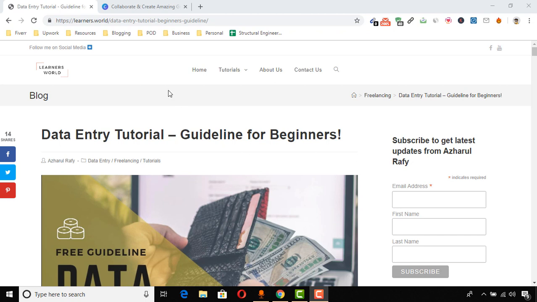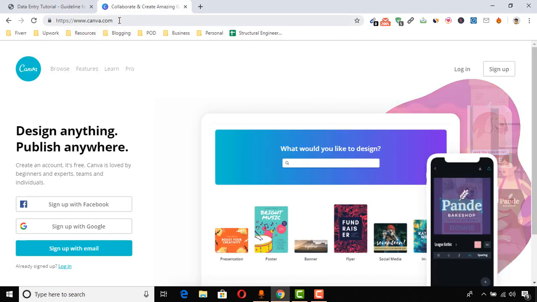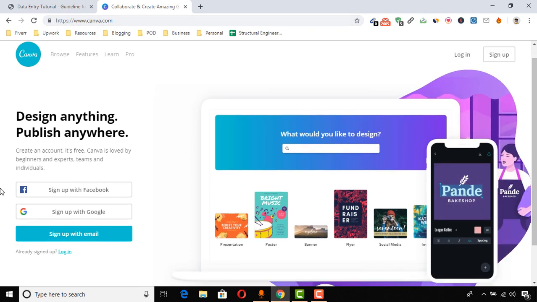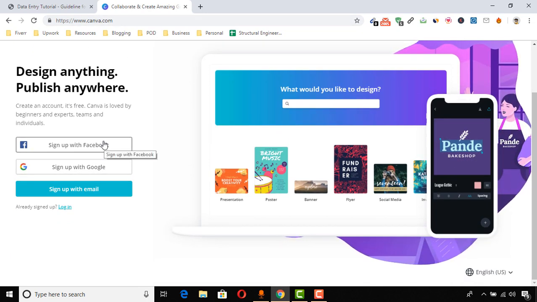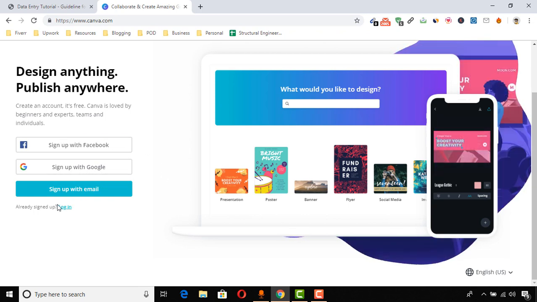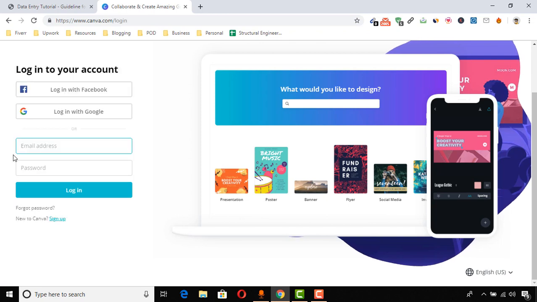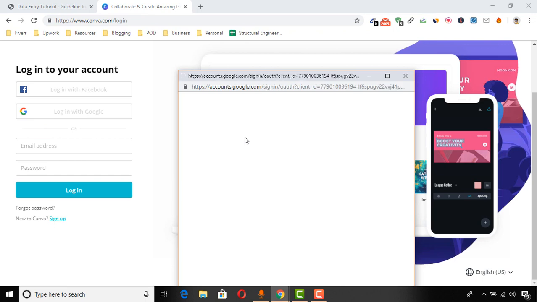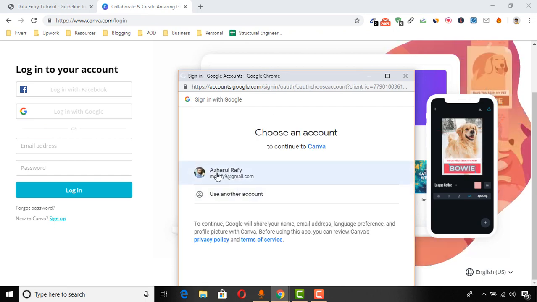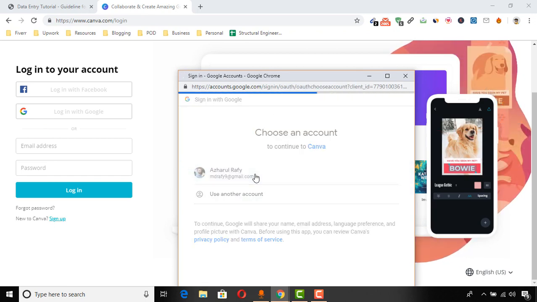Okay, so here as you can see, I have created this logo by using that platform, which is canva.com, and you have to sign up with an account. You can use your Facebook or Google account or your email address. So I have signed up with my Google account, so I'm going to click on login to log in with my Google account. Okay, so I'm choosing the account,